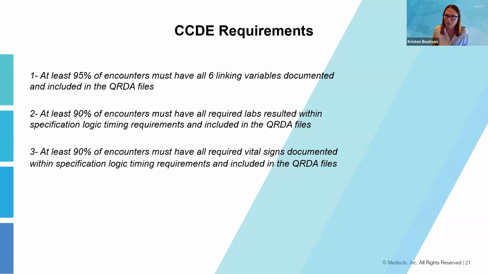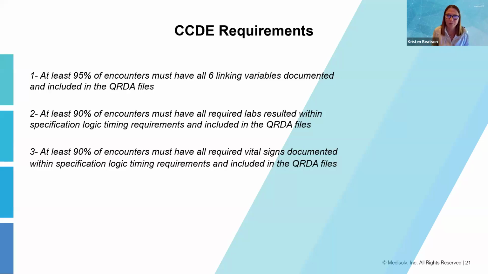And when you're looking at your data, any patient with 1 or more linking variables missing, you would consider that patient fell out, did not meet the requirements. So as you're looking at your results and you're analyzing how many patients are missing, you want to look at your overall, how many patients were missing at least 1 linking variable, and then do that math. So if you have 100 patients in the IPP and 20 of them are missing at least 1 linking variable, you're going to be at 80%, and you will not meet requirements for the linking variable portion of the measures.